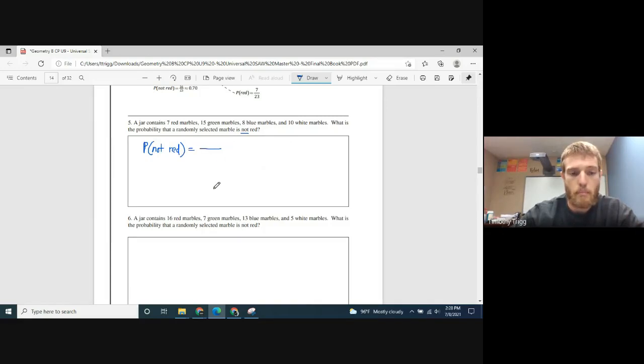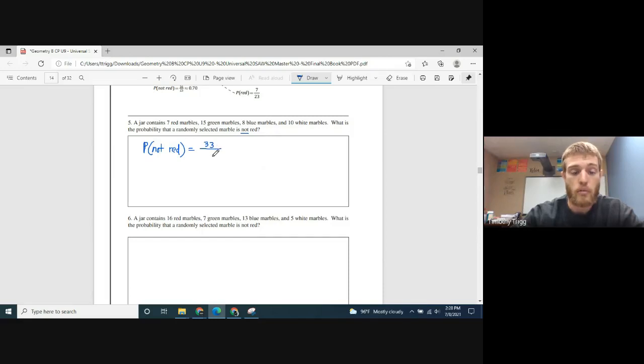Pretty easily, how many of them are not red, right? So how many marbles are not red? When we look at our totals, we got 7 red, 15 green, 8 blue, 10 white. So how many of those are not red? So 15, right? The green ones are not red. Plus 8, because the blue ones are not red. Plus 10, because the white ones are also not red. So there's 33 marbles that are not red